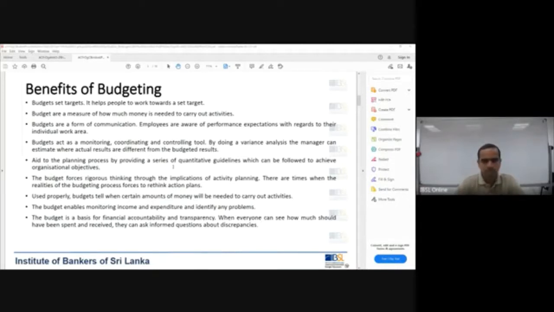Used properly, budgets tell when certain amounts of money will be needed to carry out activities, and the budget enables monitoring income and expenditure and identifying any problems. The budget is a basis for financial accountability and transparency. When everyone can see how much should have been spent and received, they can ask informed questions about discrepancies. Right? So it's a very useful tool,